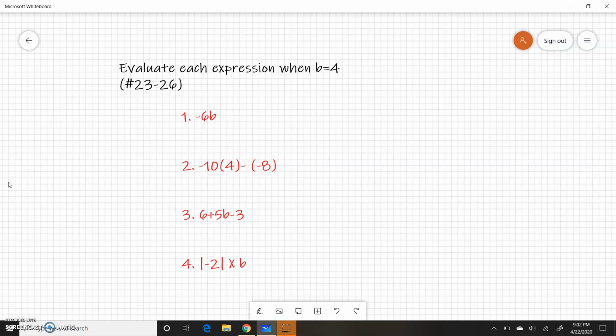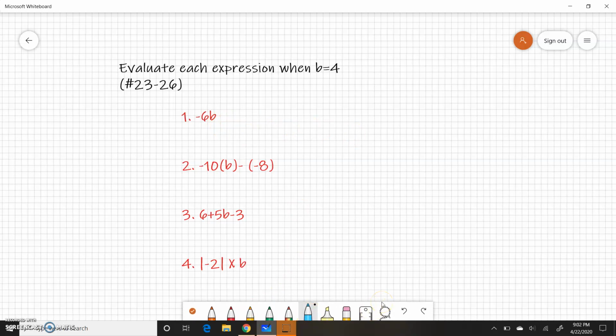If you look in each of my examples, except for number 2, I wrote it wrong. I'll fix that. If you look in each of my examples, you'll see the letter b. So all you're going to do is take 4 from the directions and stick it into the question. So let's start. Number 1,